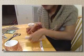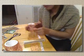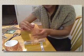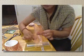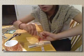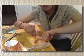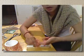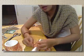This is going to be a different way to tie this. We're just going to do this. It's going to be a simple knot. We're just going to bring this up, and all we're going to do is tie a knot. So you're going to take your finger, loop this around, you see that? And then we're going to